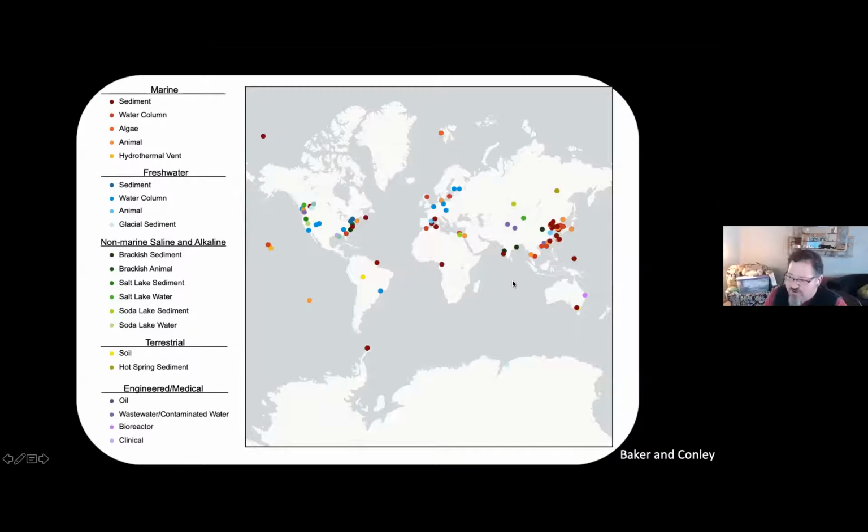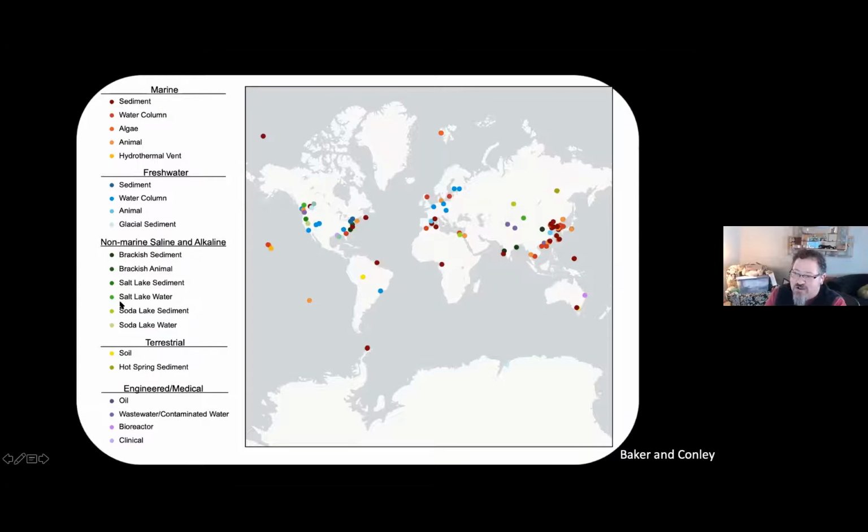Oh, actually, before I do that, for some of these genomes, we have information about where the strain was isolated from. And so this is without any of the Shewanella data. Otherwise, the Shewanella dots, there's so many of them, they just overtake the map. But it gives you a flavor for where we find organisms with this predicted capacity to move electrons outside of the cell. Marine systems, like from animals or associated with algae. So that would be maybe like a fish or a squid isolate or something. In marine sediments, all sorts of different freshwater systems, glacial sediment,